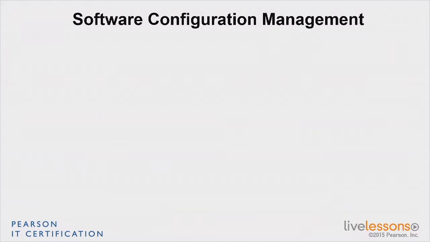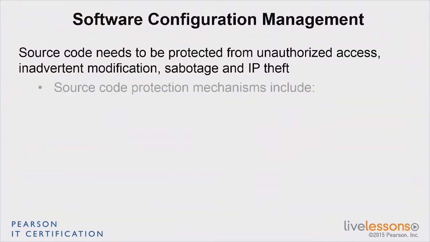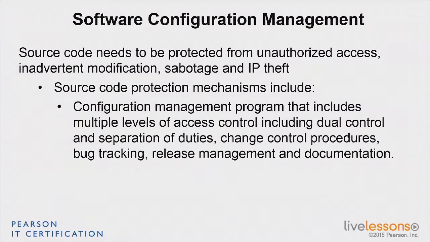And lastly, we want to talk about software configuration management. Source code needs to be protected from unauthorized access, inadvertent modification, sabotage, and IP theft. So source code protection mechanisms include configuration management programs that include multiple levels of access control, including dual control and separation of duties. Remember, dual control is when you need two subjects to complete a task. Separation of duties is when you extend a process out into different tasks and you have different subjects doing different tasks. Change control procedures, which are part of configuration management,